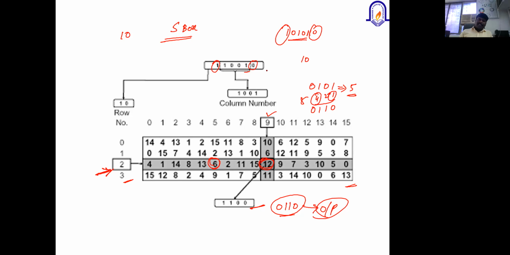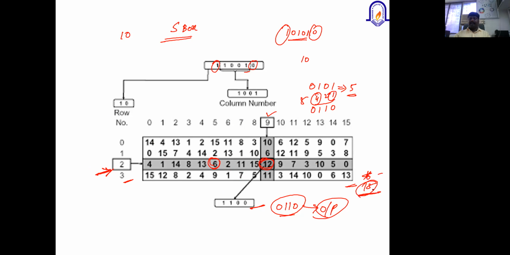How? The first and the last bit are considered for the row value, and the middle 4 bits are considered for the column value. From the intersection of the row and column, we get the corresponding decimal value. At most it will be 15, because all the outputs have at most 16 values, 0 to 15.